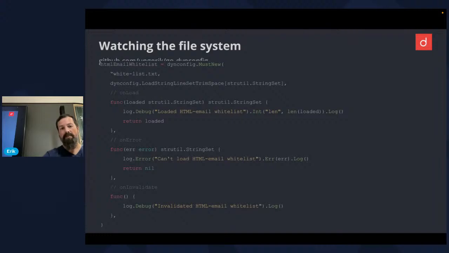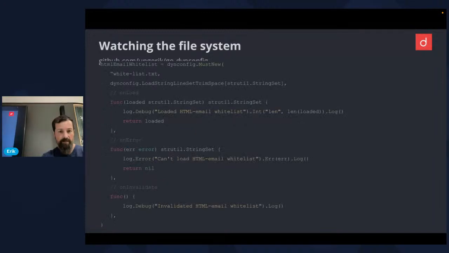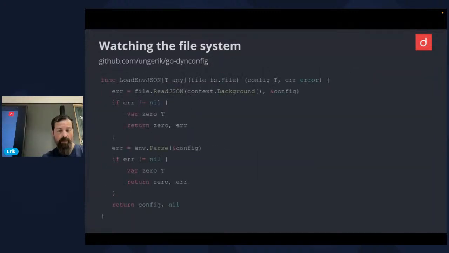And that's something that I found when playing with generics in Go: you are solving a lot of problems with functions. This is the new function. So for instance, here is this loader function.